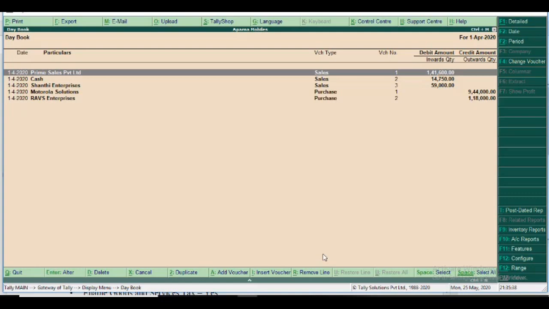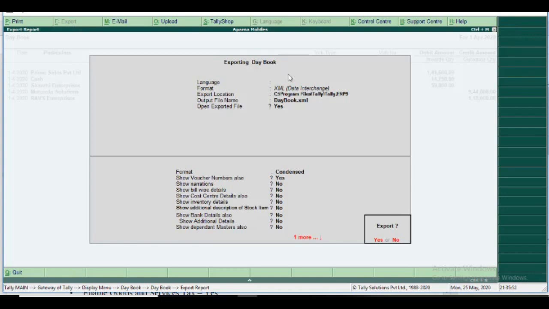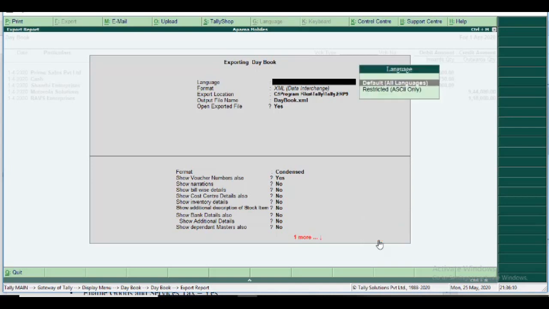If in case you don't connect the printer, okay, then I move to Alt plus E. Press Alt plus E. You write Alt plus E for export. The export yes or no comes. Please write Alt plus E, press Alt plus E for export. Then you press backspace. It moves into the menu.